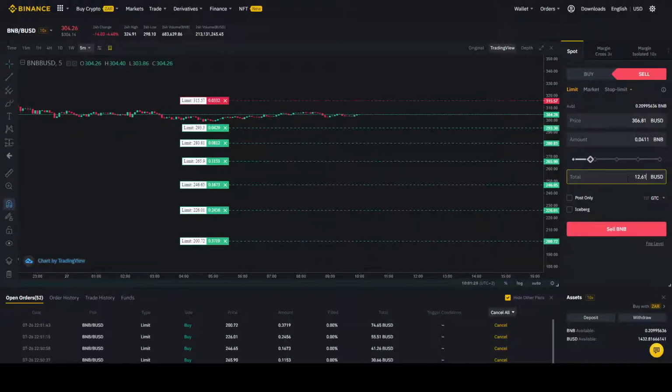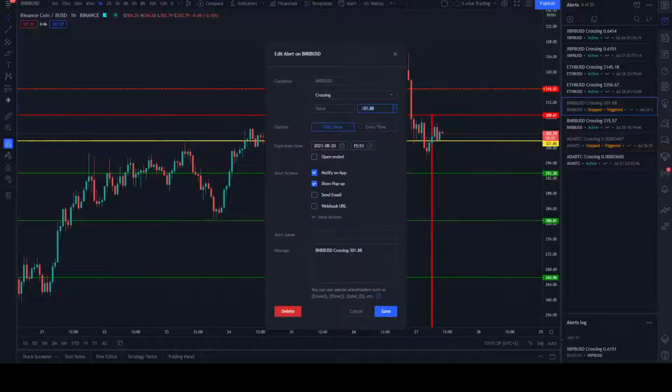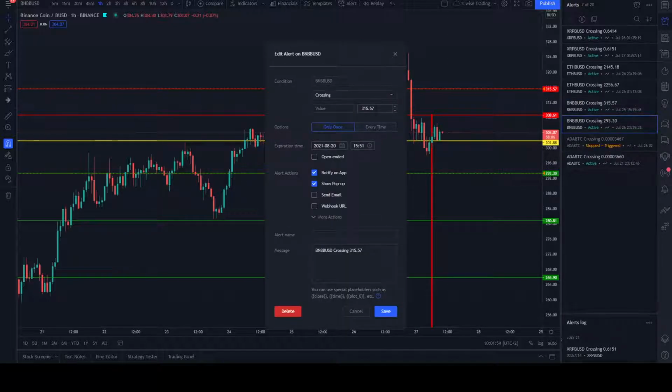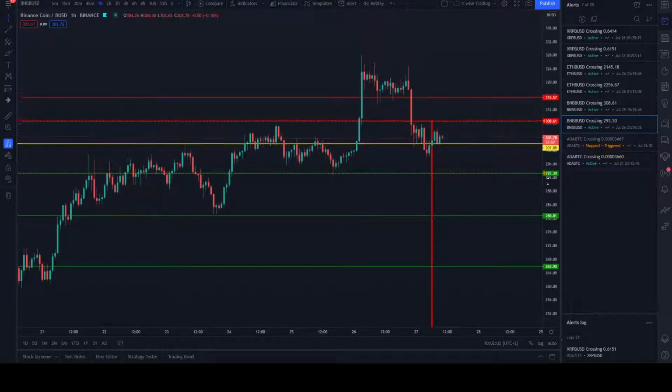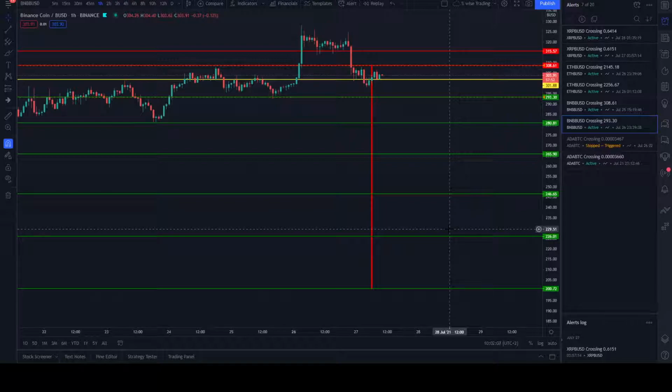It's 12.61. Put in the sell order. That's all in. Our BNB is set up. Now it's just changing my alerts from 301.88 to 293.30. And our first take profit, which is 308.61. Here we go. So that's our setup, and all our pairs are back and up to date.